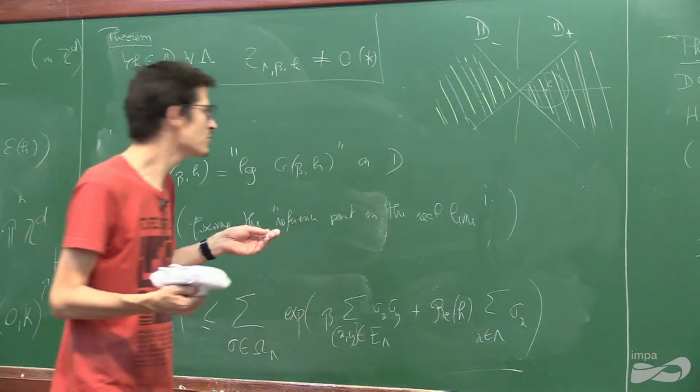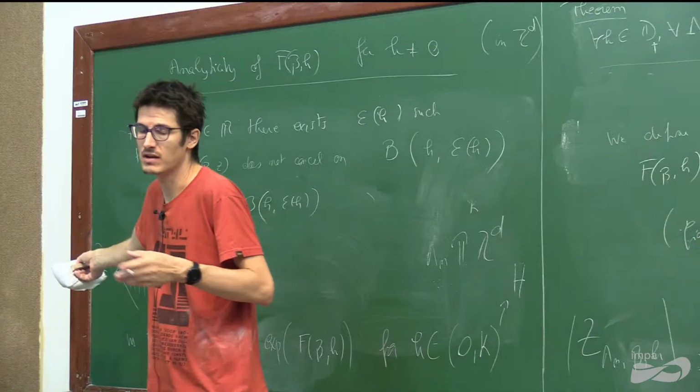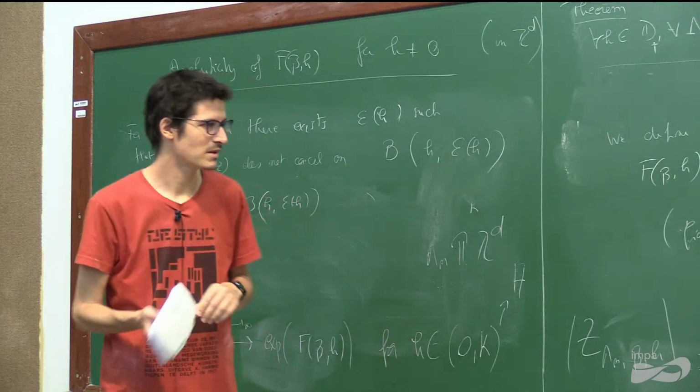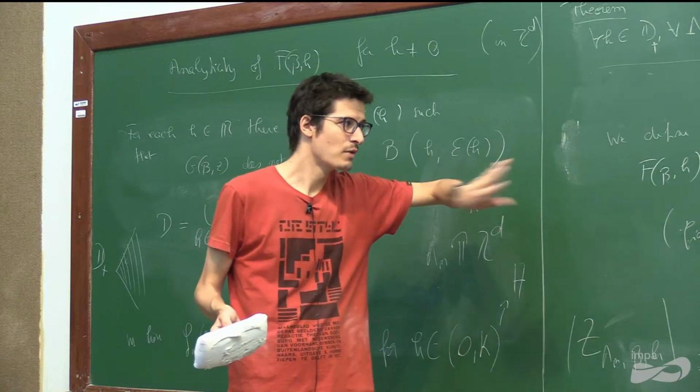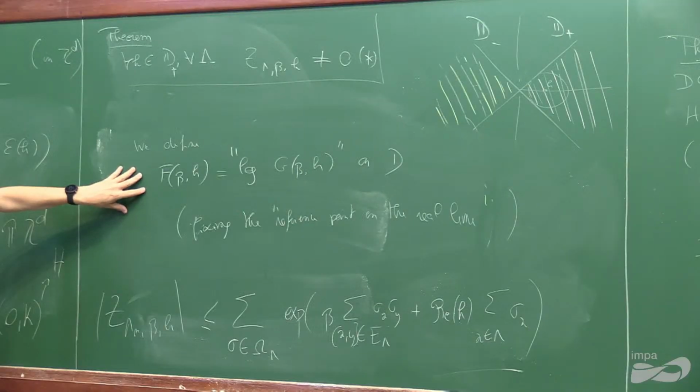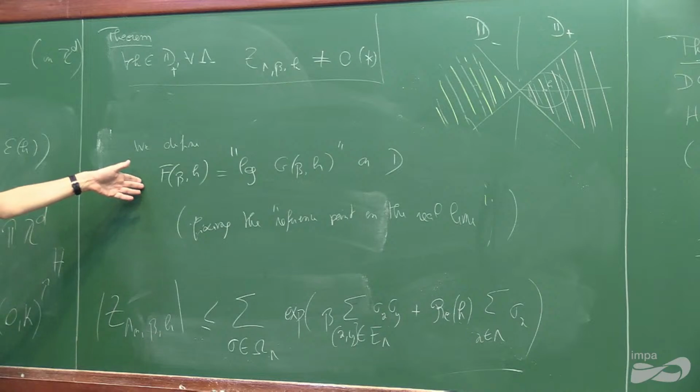Well, the idea is that you can define the free energy on the whole of D plus, so let me explain why. But basically, if you're just interested in regularity of the free energy on the real line, maybe this is sufficient. Okay, yeah, on the real line also, this does not give you any information on the radius of convergence. So,